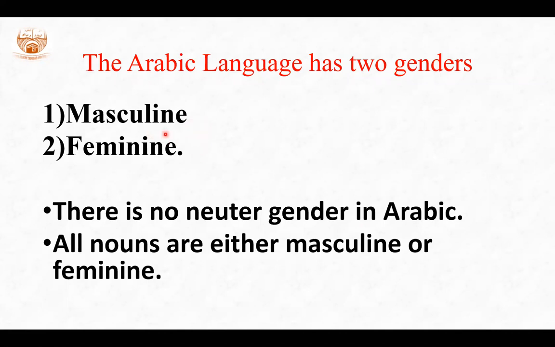However, when there are different words being used, like for instance, we had the word maktabun. Maktabun is desk. We don't see a masculine desk and a feminine desk, and that doesn't depend upon who is using it as well. So if a boy is using it, you don't say, oh, that's a masculine desk. And if it's a girl using it, you don't say, oh, that's a feminine desk. No, it's not done like that. The word itself is taken based on the usage of the language. So the word desk is really a masculine word.